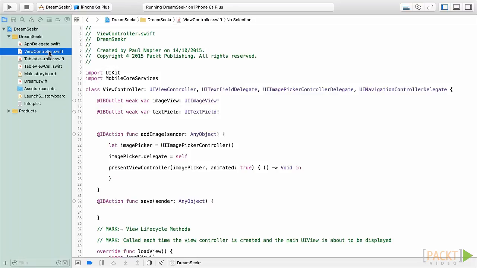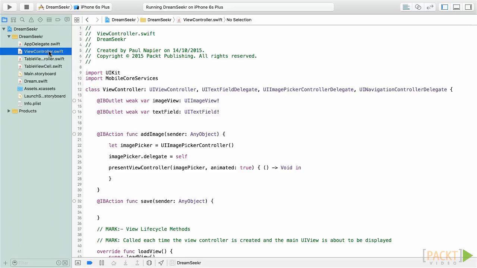So we have everything ready now. We've hooked up all of our UI elements. We have a navigation flow throughout the project. What we want to start to do is to pass our dreams from one view controller to another. In order to do this, we're going to make use of a class called NSUserDefaults. This class is one of the ways iOS has for persisting data. NSUserDefaults is good for small amounts of data that don't require security, strong relational dependencies, or a life beyond the